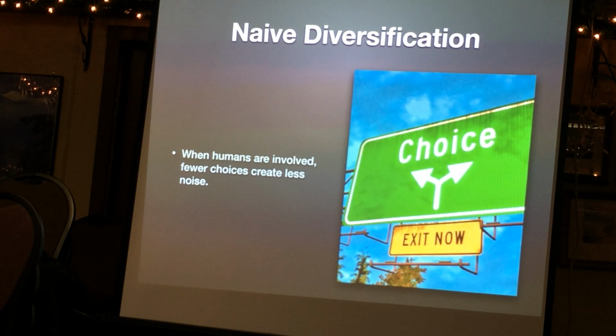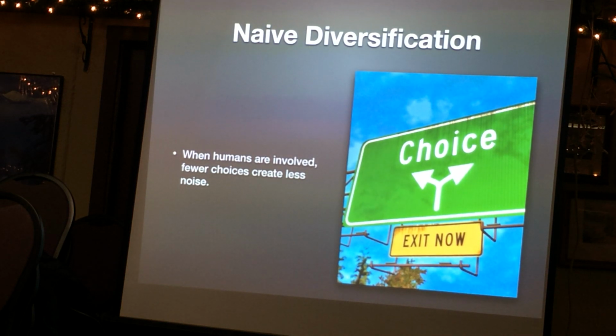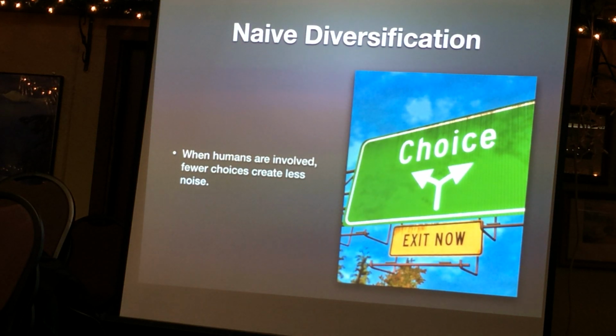Naive diversification is another heuristic. It basically says that when humans are involved, fewer choices create less noise. So if you were to give a user a choice between 5 stars versus thumbs up and thumbs down, you're going to get a more accurate result off of thumbs up and thumbs down than you will off of 5 stars. Does that make sense? So that's a simple tenet of heuristics. And this comes back to